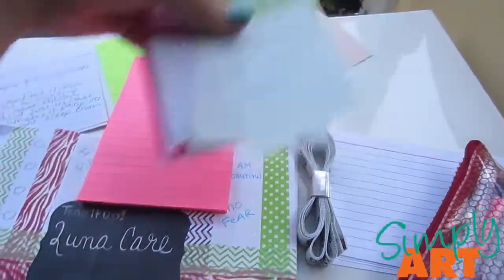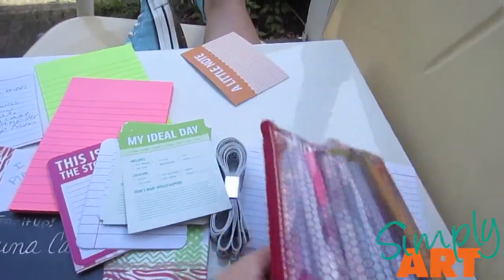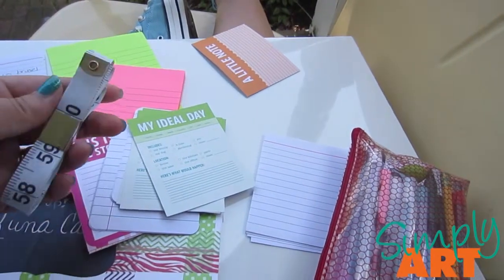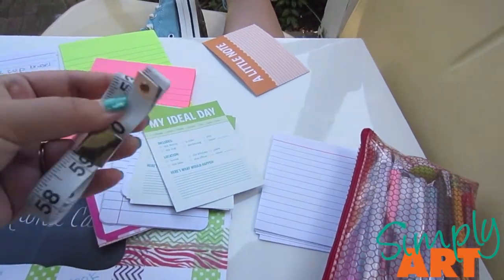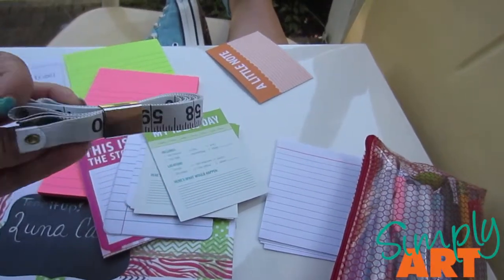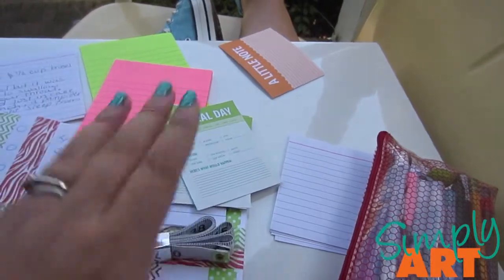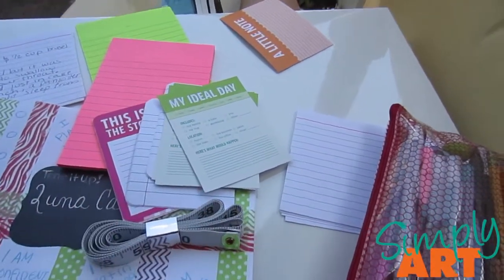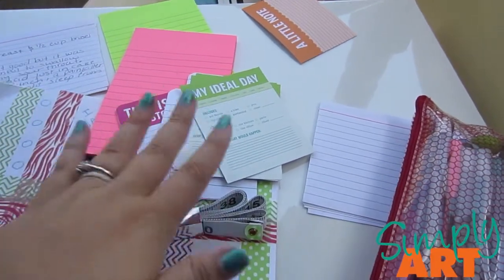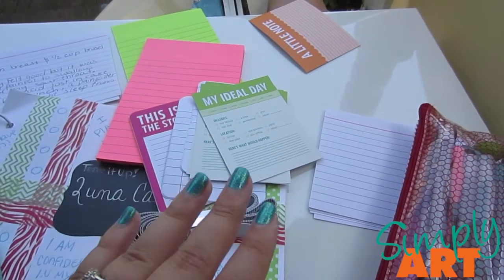I even have these little note journaling cards, of course, and pens, because I like to write in different colors. Since one of my goals is to lose weight, and lose inches off of my body, I do have a measuring tape. This is a seamstress measuring tape, I believe, and I keep that in my journal as well. That way I'm held accountable to my goals, but again, the goal is not to stress yourself out, it's